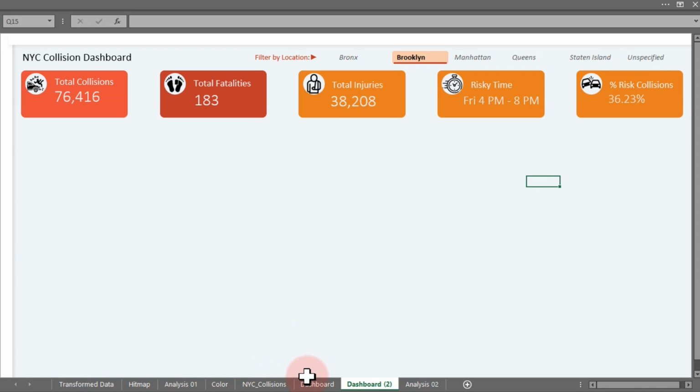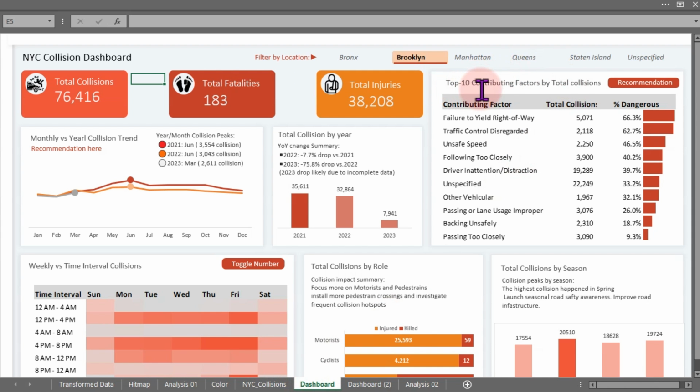In the previous dashboard, we have this particular top 10 contributing factor by total collisions here, and those are the percentage of dangerous collision that we have. You might not know what this means. What it means is this: the combination of the injured and the casualties together from the total accidents that happened. When an accident happens, there will be people who are saved 100%, nothing happened to them. They are fine. They don't need to visit the hospital for anything. But those people who got injured or who died along the line, this particular percentage right here,